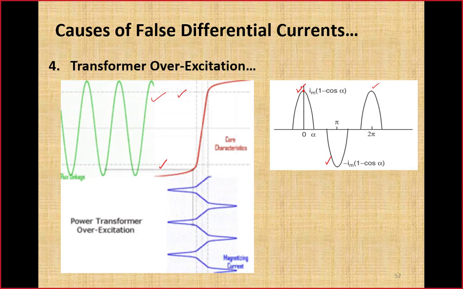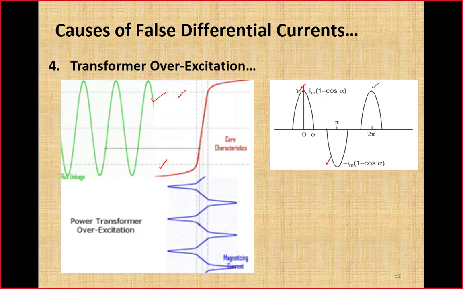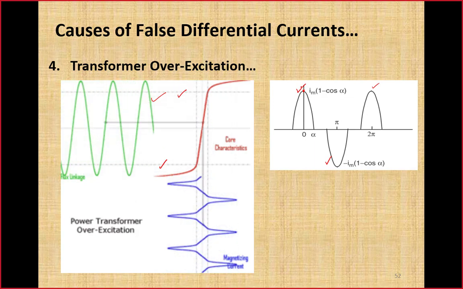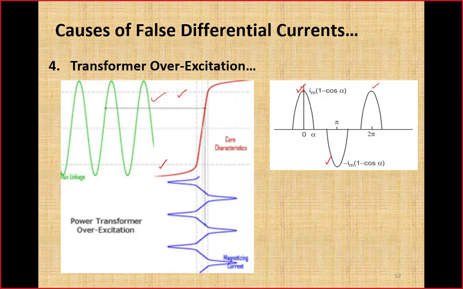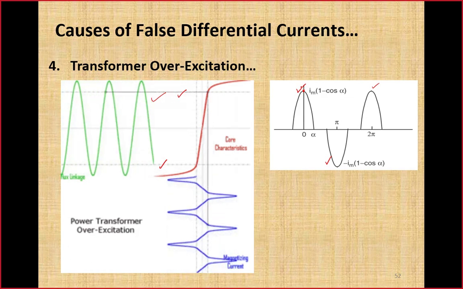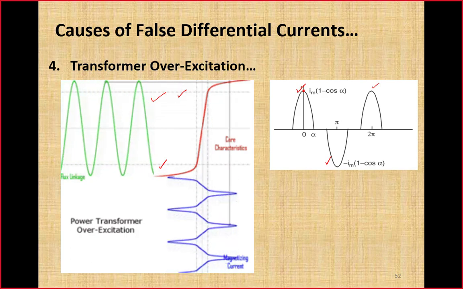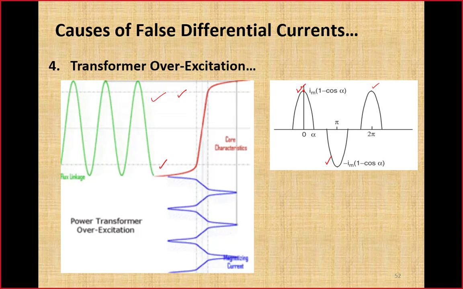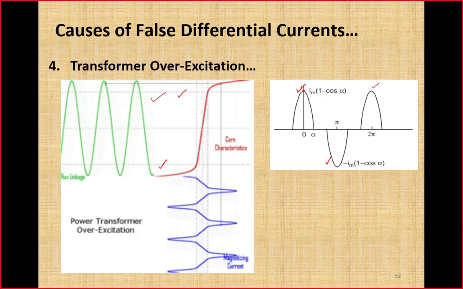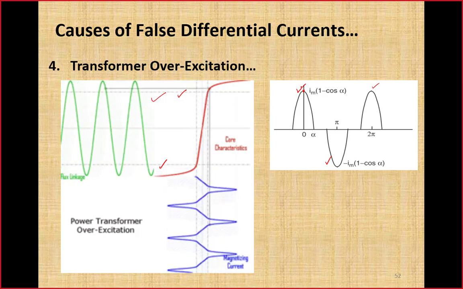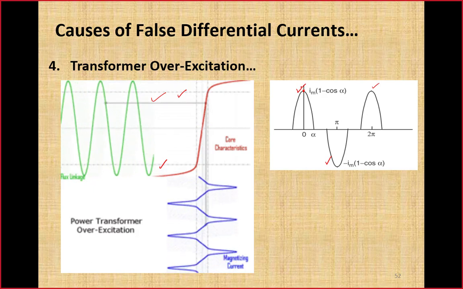about the vertical axis. This time, another thing to note, the shape of this waveform above the time axis or angle axis is the same as it is below the angle axis. In other words, this waveform is symmetric about the horizontal axis as well. So due to this reason, there will be no even harmonics in this current. Only odd harmonics will be present.